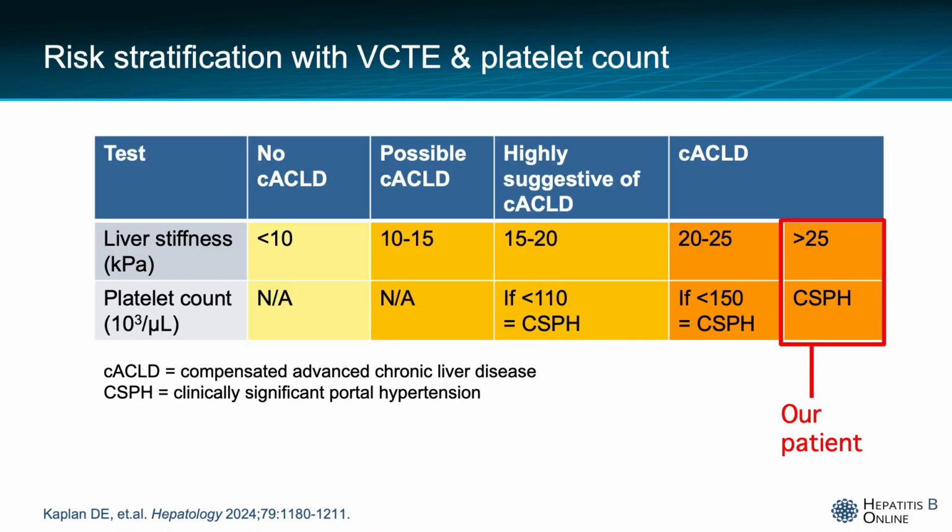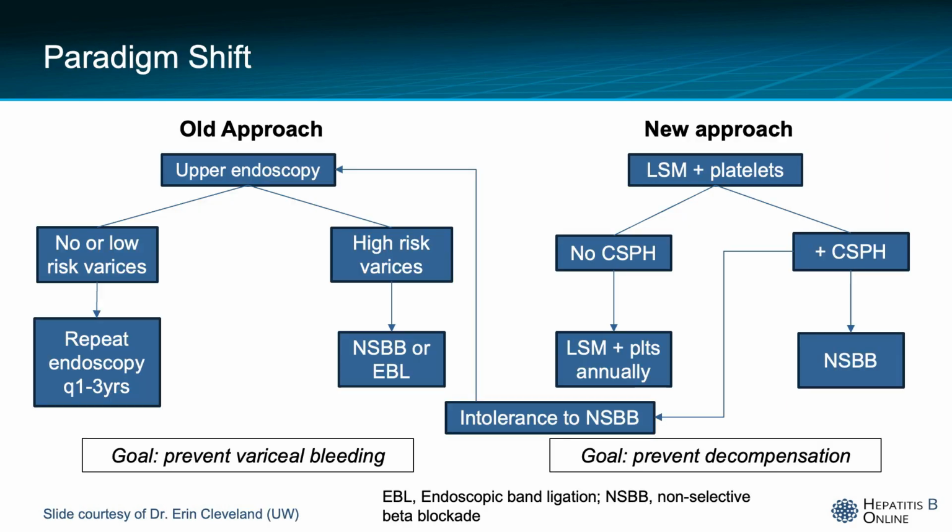With a liver stiffness measurement greater than 25 kilopascals, we can confidently rule in clinically significant portal hypertension. So our new approach to portal hypertension care effectively bypasses endoscopy. And our new goal is no longer just about preventing variceal bleeding as much as it is about preventing decompensation and determining who has CSPH and could benefit from non-selective beta blockade. Because we have learned that this therapy not only prevents varices, but can prevent the emergence of ascites as a